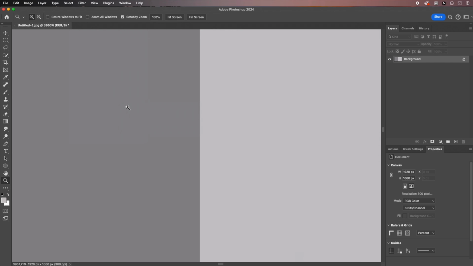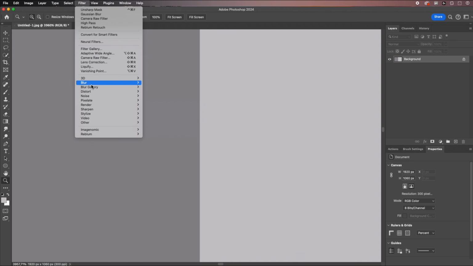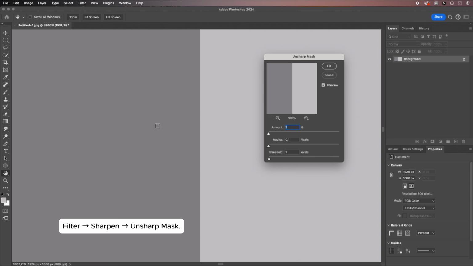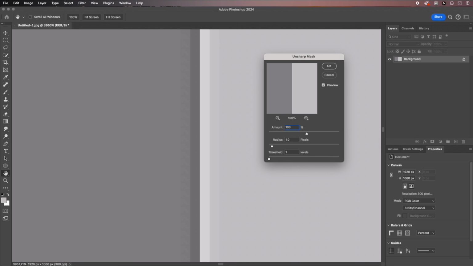To understand this more clearly, let's look at this grayscale transition example. Now go to Filter, Sharpen, Unsharp Mask. At the beginning, the amount, radius, and threshold values are all very low. Let's increase the radius to around 1 pixel and set the amount to 100%. Now you can clearly see that a bright edge and a dark edge start to appear right where the light